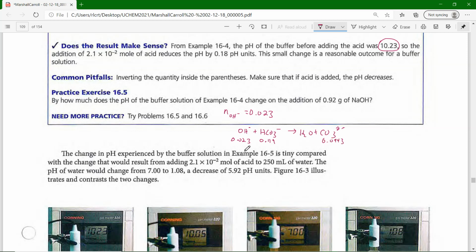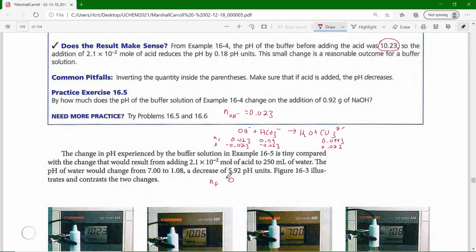So the change, the OH minus gets all consumed. I mean, it has to. If it doesn't get all consumed, then you have destroyed the buffer, right? So this is N initial. My change, I'm going to lose the 0.023 of the OH minus, lose 0.023 of the HCO3 minus, gain 0.023 of the CO3 2 minus. Is that balanced, by the way? Yeah, okay. And so then my N final, 0,